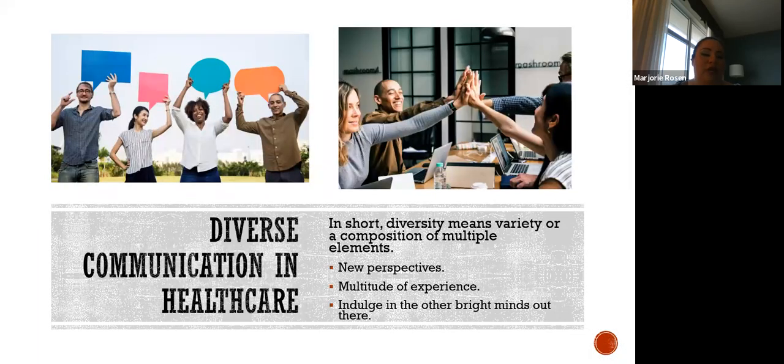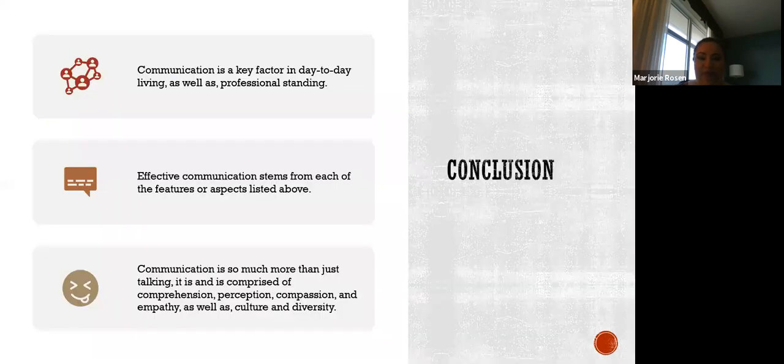We all think that we're great communicators. We all believe that we're able to very clearly define what we say. But there are times where everybody needs a helping hand. Everybody needs to come together and say, hey, okay, the more experience and the more exposure I have to different people, the better and well-rounded I'm going to become when I communicate and I'm out in my industry. So remember,